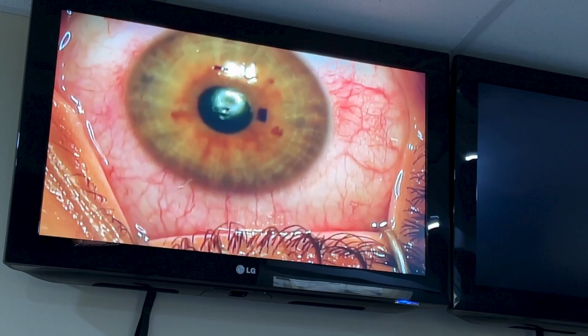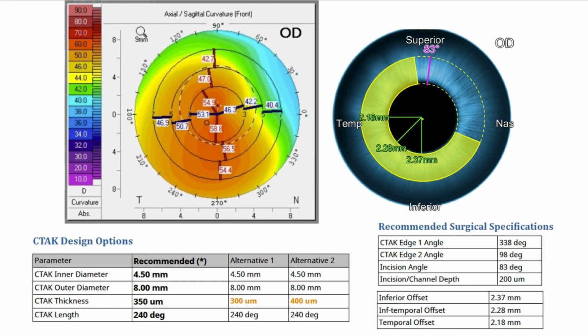And the marking, I remember when I was first learning, was the part that was the most confusing to me. Is the marking making sense, or should I specify a little bit more? I'm going to specify a little more. You put those marks on based on those inferior, infratemporal, temporal, or nasal offsets. And you mark from the pupil center down to where the internal rim of that CTAK tissue is going to go, right? So going back a little bit,